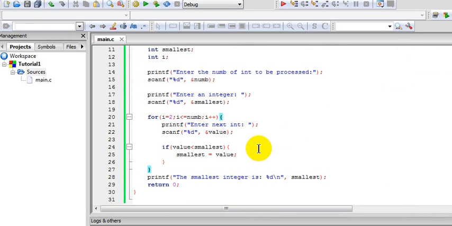So I hope you understood this. So we'll move on to our next program, which is very exciting. I hope you like it. Okay,